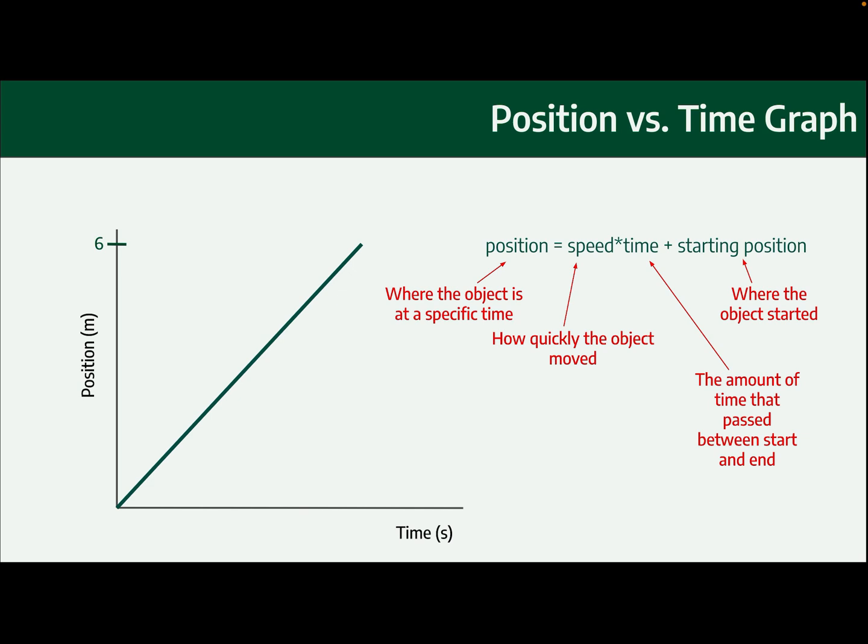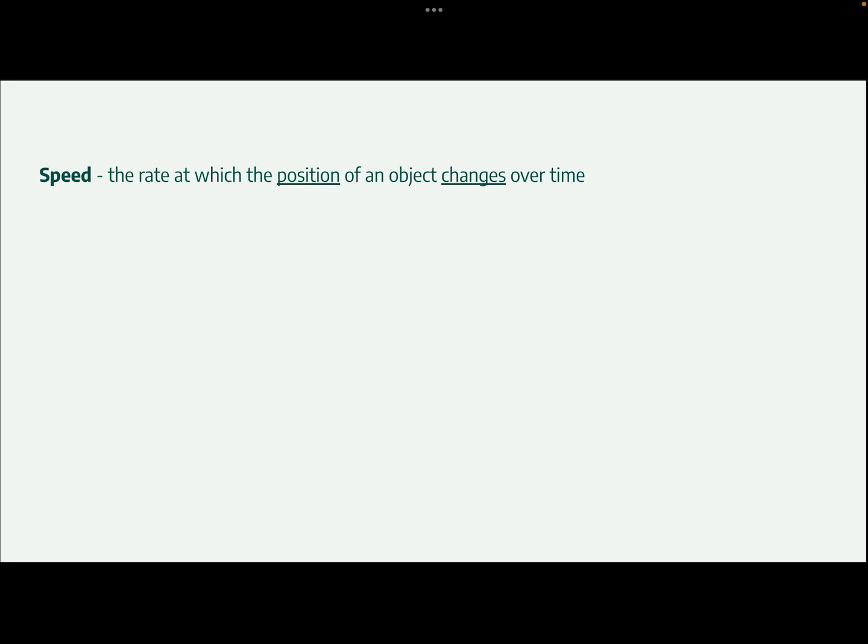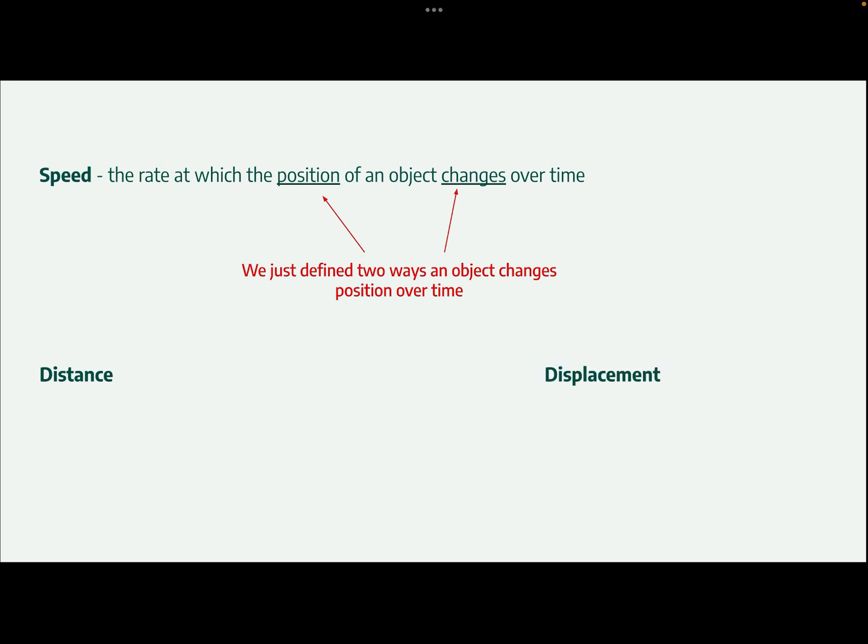Okay, so our actual definition of speed is the rate at which position of an object changes over time. But we just talked about how there's two different ways an object changes its position over time. We talked about how it can change in a way where it creates a distance, and we talked about how it can change in a way where it's a displacement, where the distance is when the direction